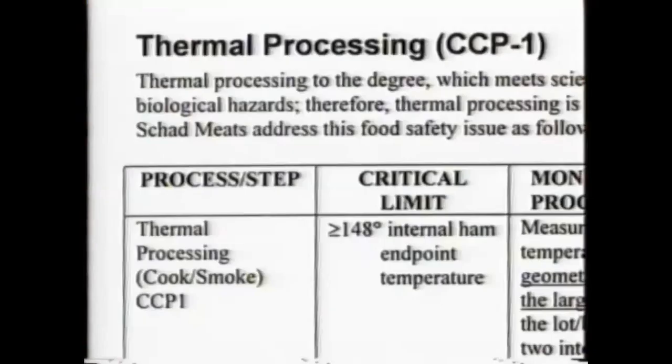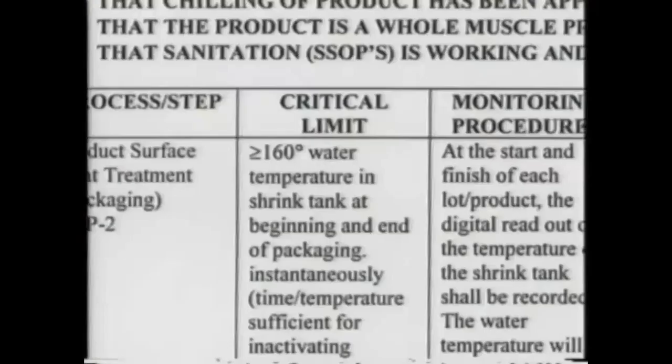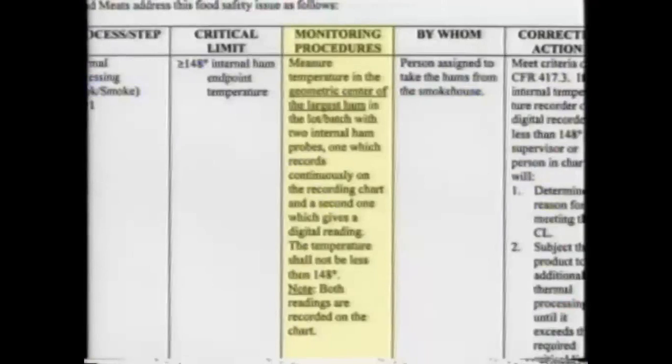Critical limits for each CCP, seen in the second column of Form B, include CCP1, a minimum of 148 degrees Fahrenheit internal ham temperature, and CCP2, a minimum of 160 degrees Fahrenheit water temperature in the shrink tank. Monitoring procedures for CCP1 include checking final internal ham temperature in the geometric center of the largest ham at the end of the cooking cycle, using 2 thermometers,